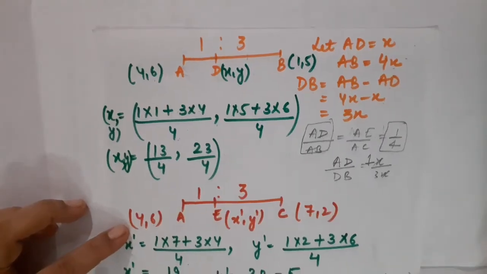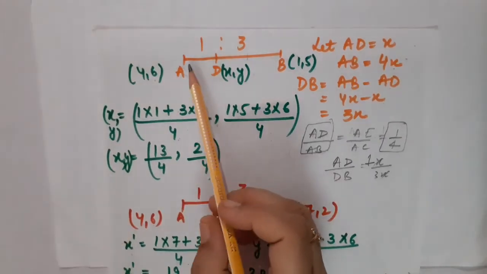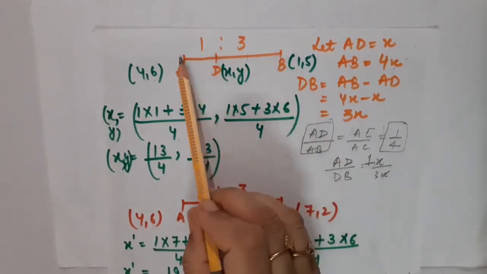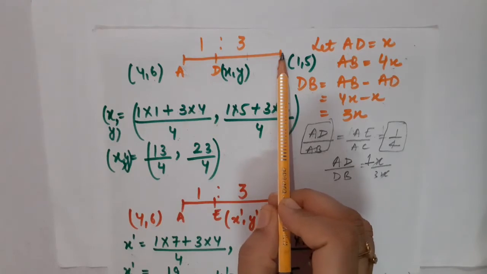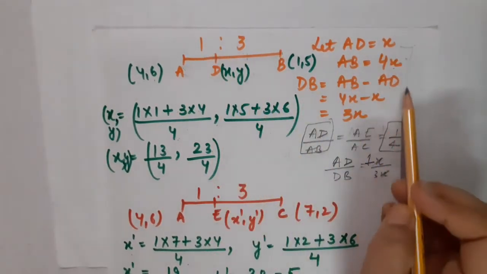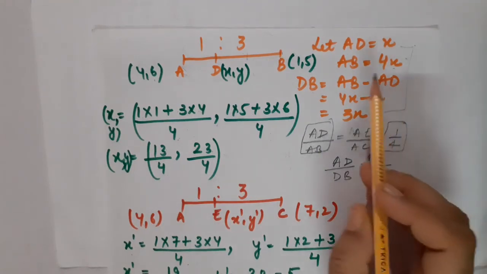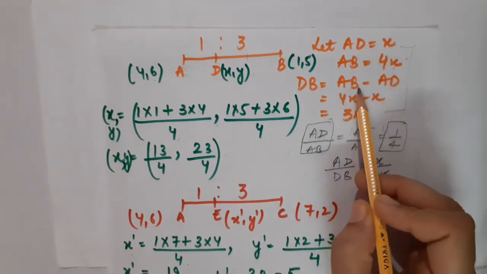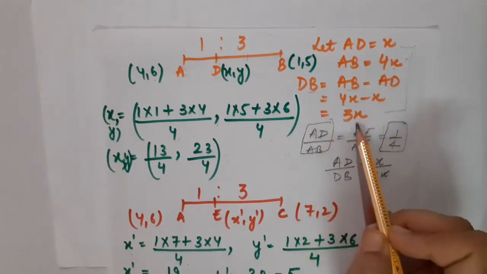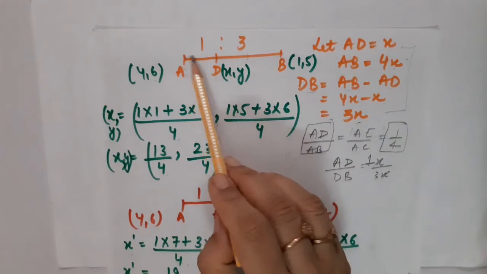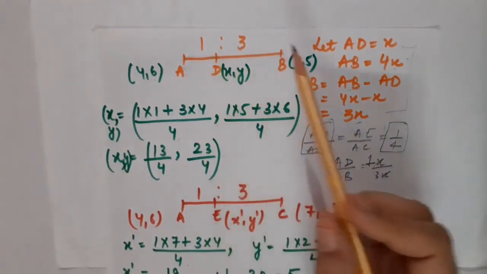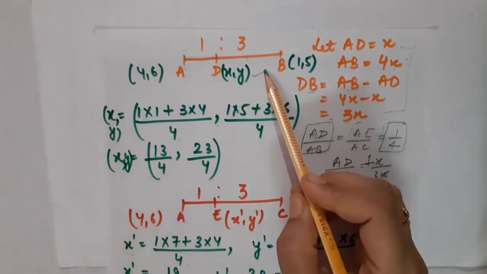Now children, to help you understand better, I have drawn the line AB where the point D lies, and it is going to divide the complete line segment AB in the ratio 1:3. How did we calculate that? I have explained it to you. It should be AB, which is the complete 4x, minus AD, which is x. So DB will definitely be 3x. So what will be the ratio between AD and DB? That is 1:3.